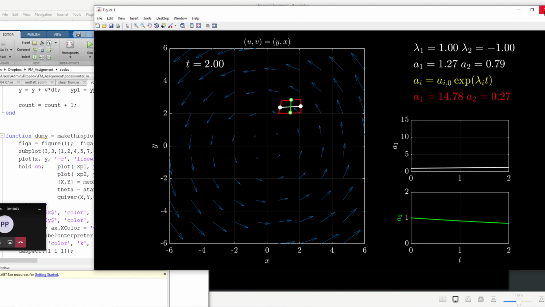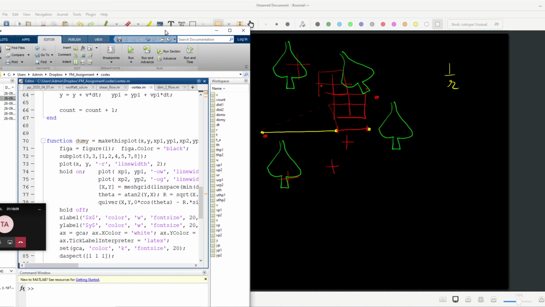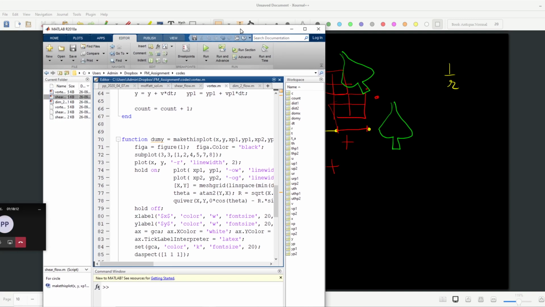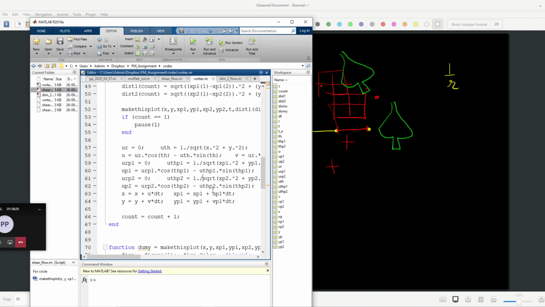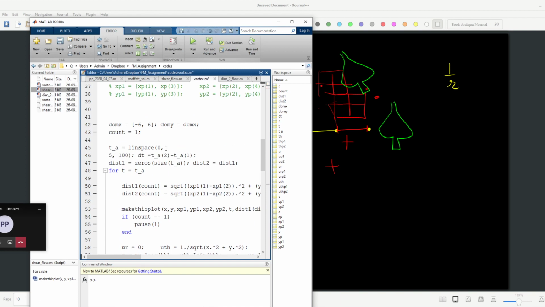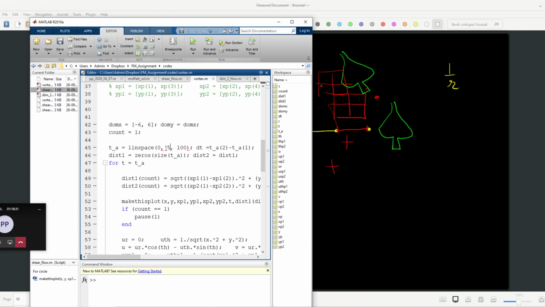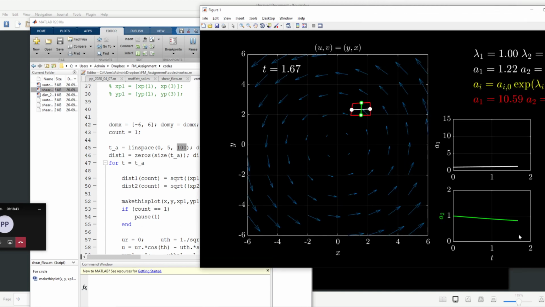Let me run it for a slightly larger time. Okay, that statement is also incorrect. The angle between the two axes will change, but the counterclockwise rotation of one axis will be exactly balanced by the clockwise rotation of the other axis, meaning that the net rotation rate is 0. Okay. Let me make it go to 5. And you have to realize that the larger the time is and the smaller the number of steps we have, the error accumulated will be large, so it will not really be a correct simulation.